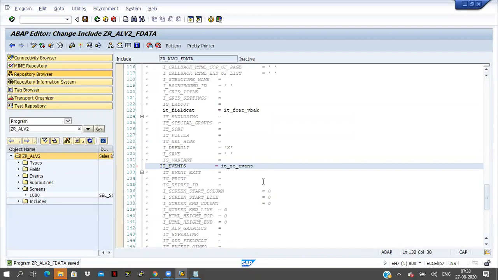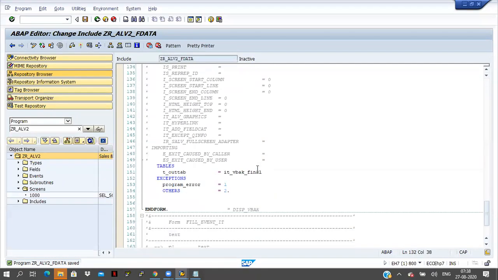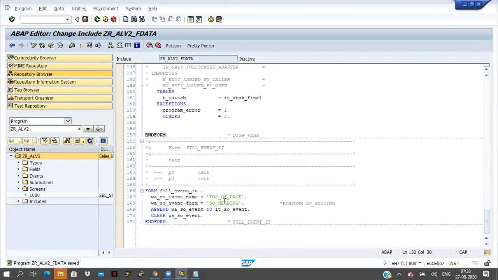Whenever it executes the function module, at that time it will check whether any event is there or not. So the event internal table is there, it will go to the internal table, and here the top-of-page event is coming. So the form name is SO_heading. This form will handle the top-of-page event.